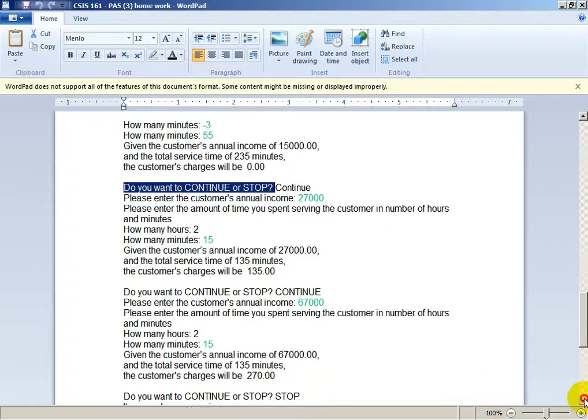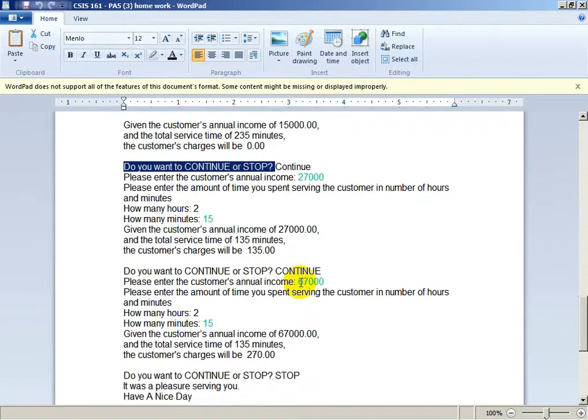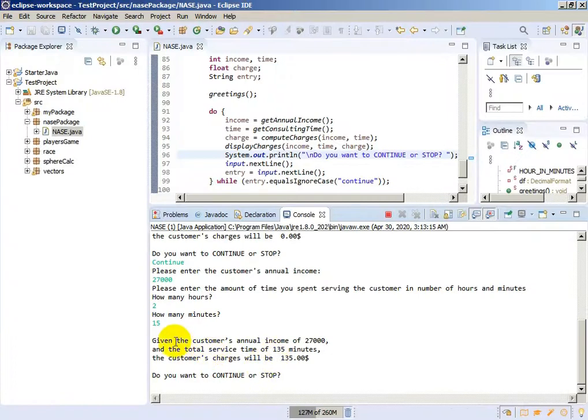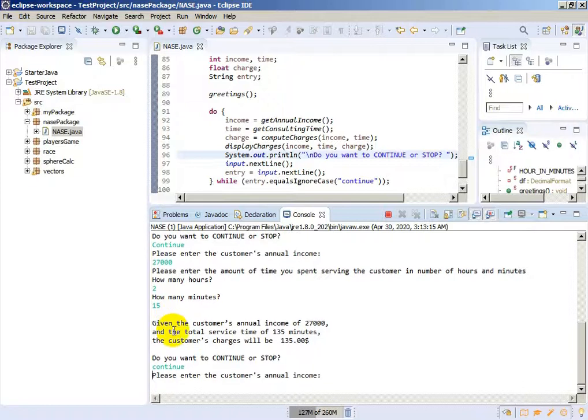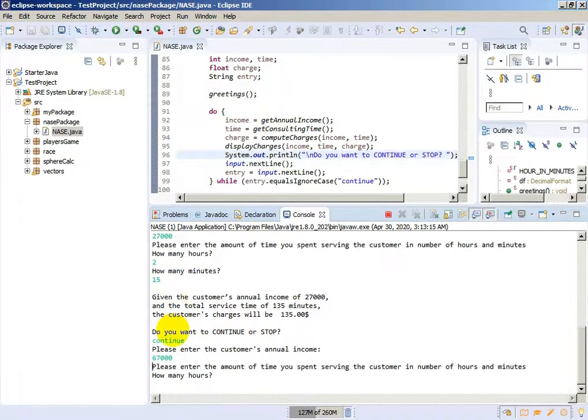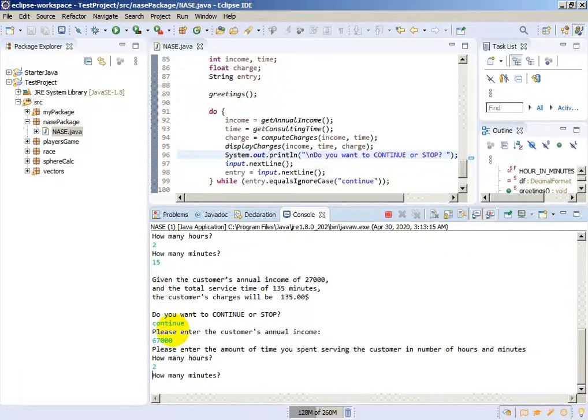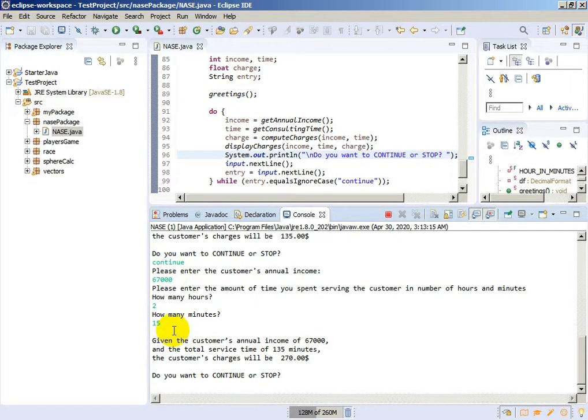And here we will have 67,000, 2 hours and 50 minutes. We need to use continue with caps lock, but we already tested with caps lock. We didn't test it with lowercase. Let's continue with lowercase, and of course it works. For 67,000 and 2 hours and 15 minutes, it will give us